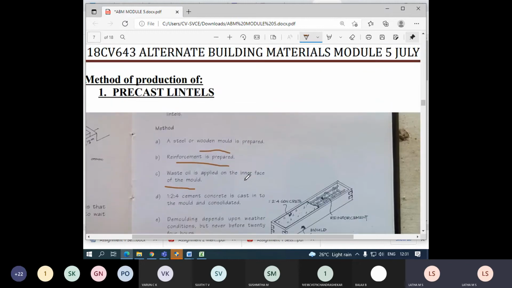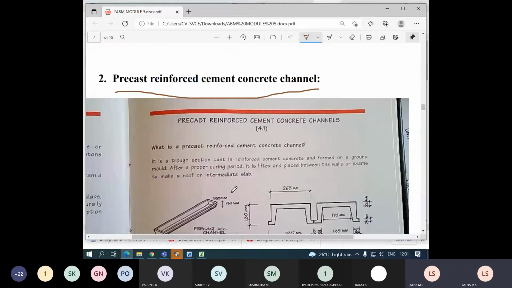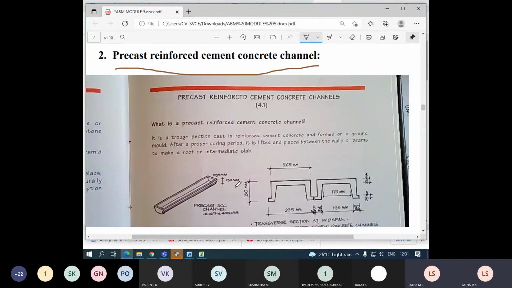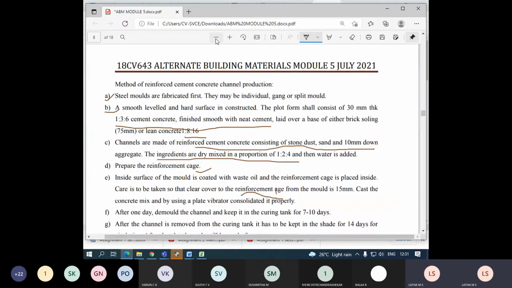It's the same method, very commonly asked in the examination. You have to write the same procedure for anything, but you should keep in mind, if it is asked for lintels, you should use the word lintel. If it is asked for channels, you should write channels. In channels, you find two types, ferrocement and reinforced concrete, right? You have to keep that in mind, students. You should not get confused about what they have asked. Don't write ferrocement for concrete or concrete for ferrocement, right? And lintel. That's all they ask, right? Is that clear to you, students?